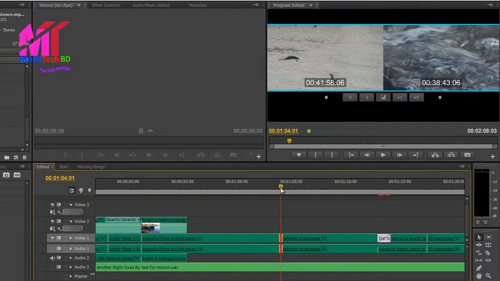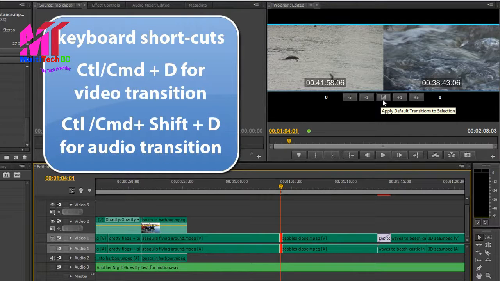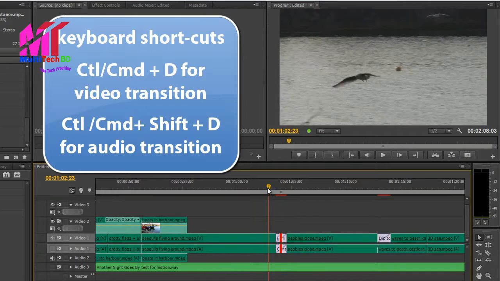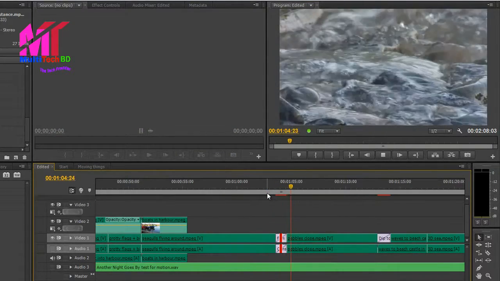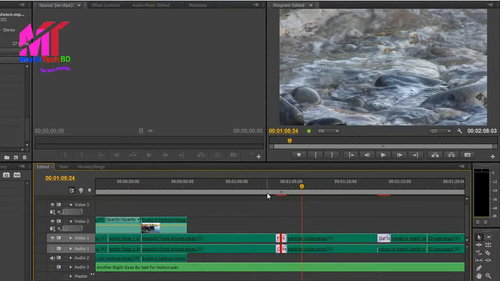The only other thing, hit T to get into my trim mode again, is that you've got this option here to be able to apply a default transition to the selection. So if you click to apply a default transition, you'll see that the default transition has been applied, and I can hit L to play forwards, and you'll see that you've got the default transition, which for me is the film dissolve. So that's how you can use JKL, which is the standard video editor's tools, to be able to